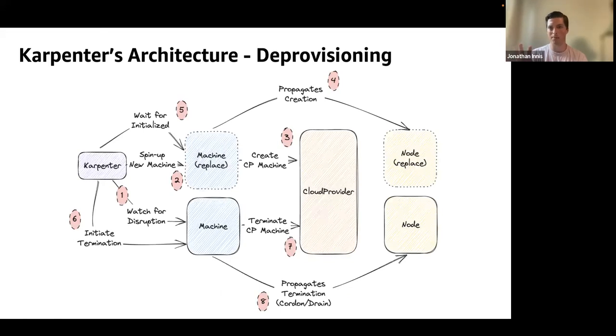And so that brings it to the last point, which is how does deprovisioning happen? The Karpenter controller effectively watches for those disruption conditions on the machine, and once it sees a disruption condition that it can act on, it does. Those disruption conditions are added asynchronously to the machine, so they happen asynchronously in time. And then this deprovisioning controller is responsible for determining what's a safe way to deprovision these nodes, given